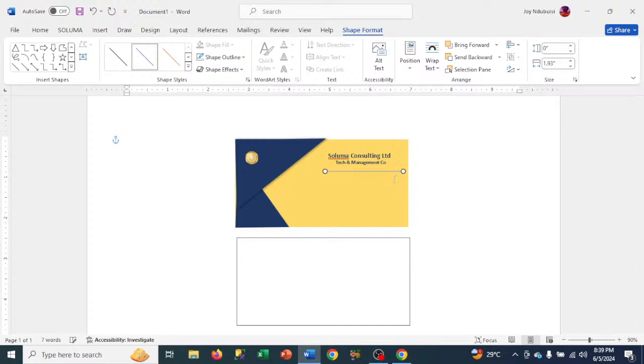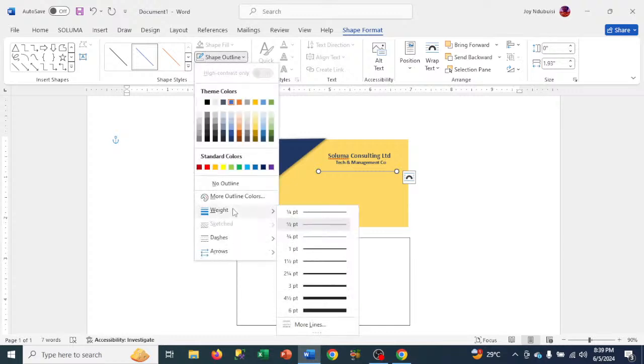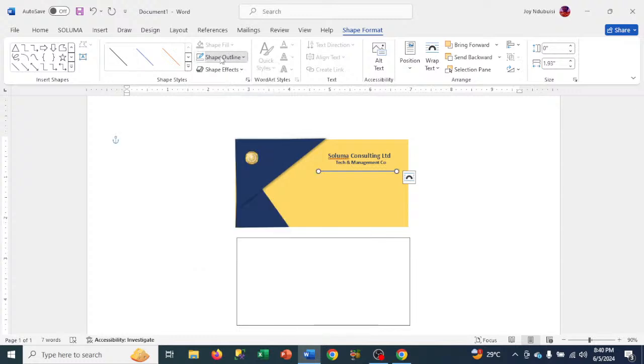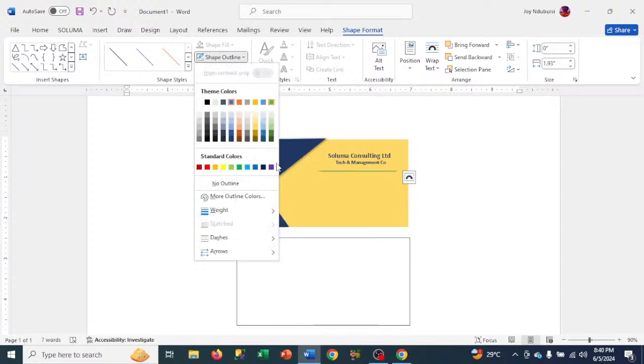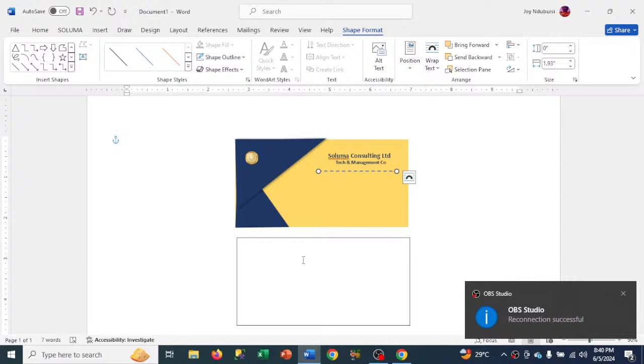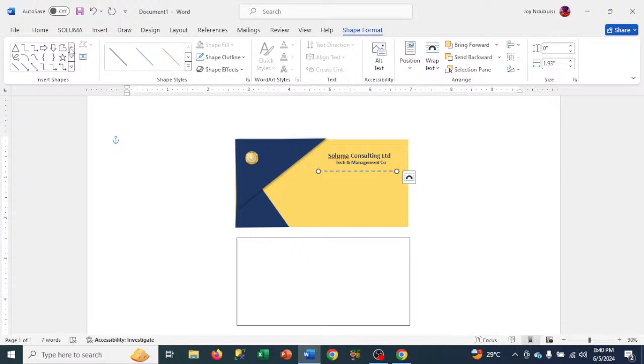Now you can use your arrow key to position it where you want it to be. At the same time, you can go to shape outline, come to weight, and increase the weight depending on your choice. Also go to shape outline. That alone is cool for me. Here now I will come to this place and then start to put